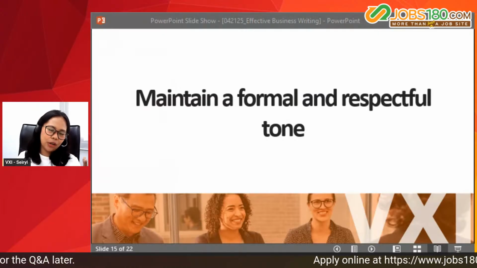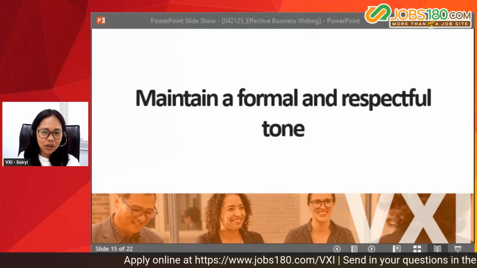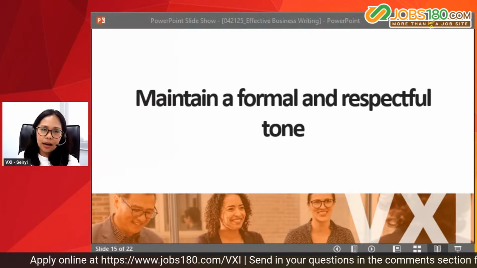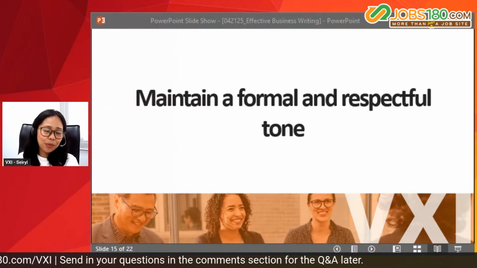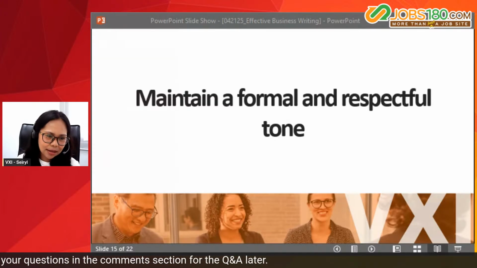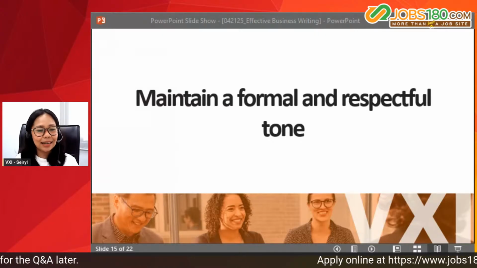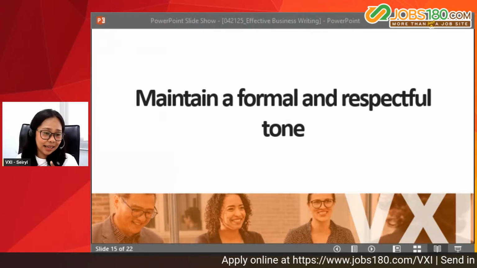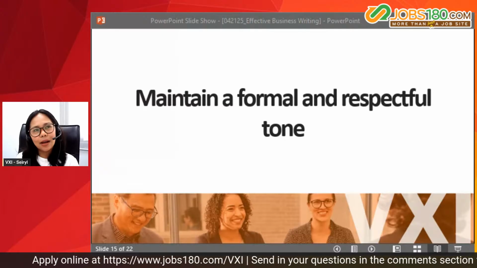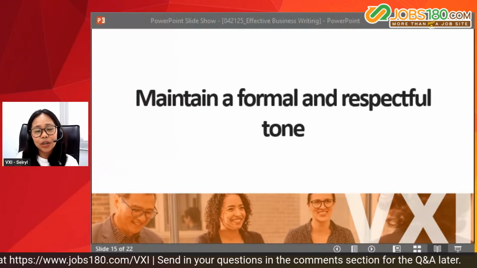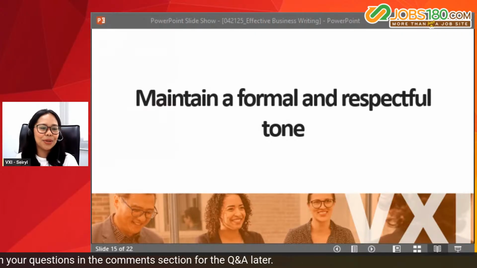As much as possible, you might want to add a personal touch while maintaining professionalism sa iyong writing at sa iyong language. Again, do not aim to impress. Stop using highfalutin words kasi hindi naman, honestly, hindi naman lahat talaga nakakaintindi ng mga words na kaya natin intindihin. There are words na siguro maintindihan nila, but siguro hindi ko nire-recommend na gumamit tayo ng words na